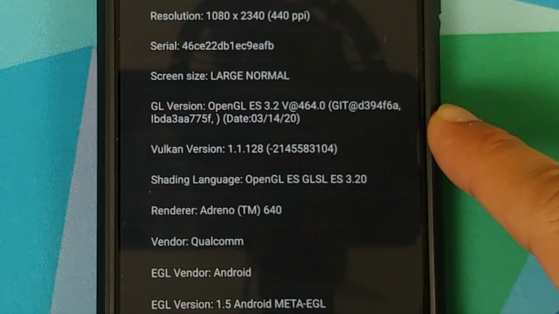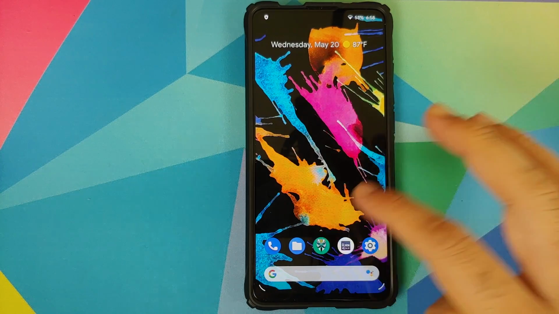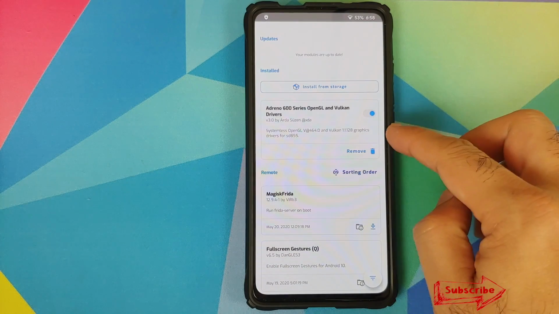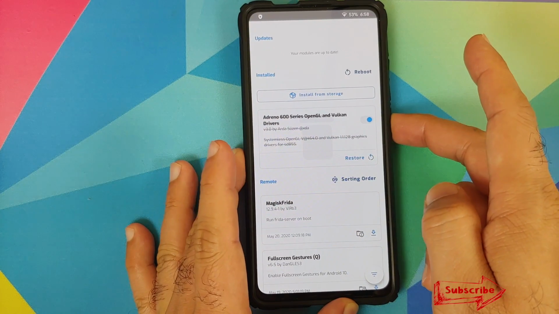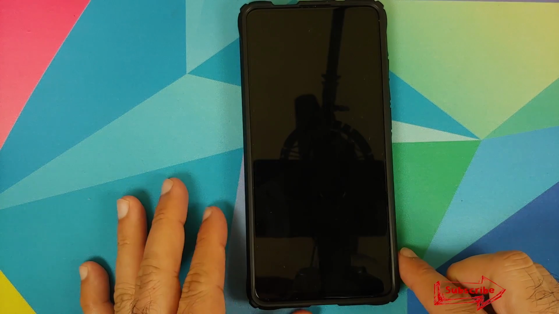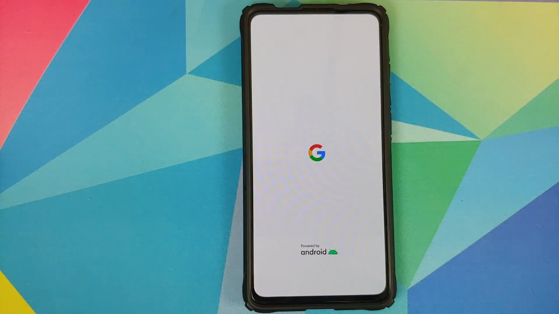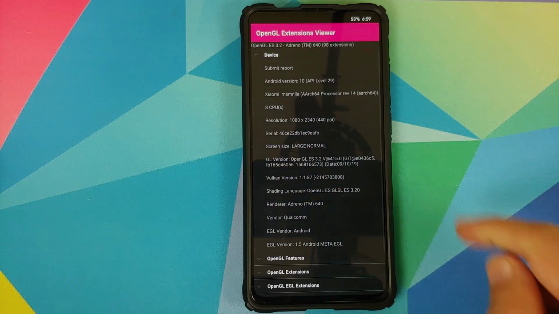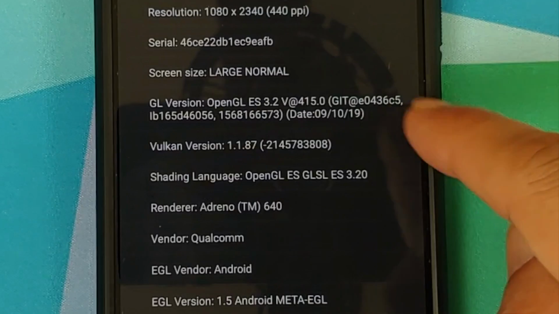Vulkan version is 1.1.28. So this is the Magisk method, and in case you want to undo the things or go back to the previous driver, all you need to do is remove, and once you've done that, we need to reboot our device, and once we've rebooted, we should be back to the old version which we had. And we can now unlock our device, go into OpenGL extension viewer, and there it is. You can see that we are back to 415.0. The date is 9/10/19 and Vulkan is back to